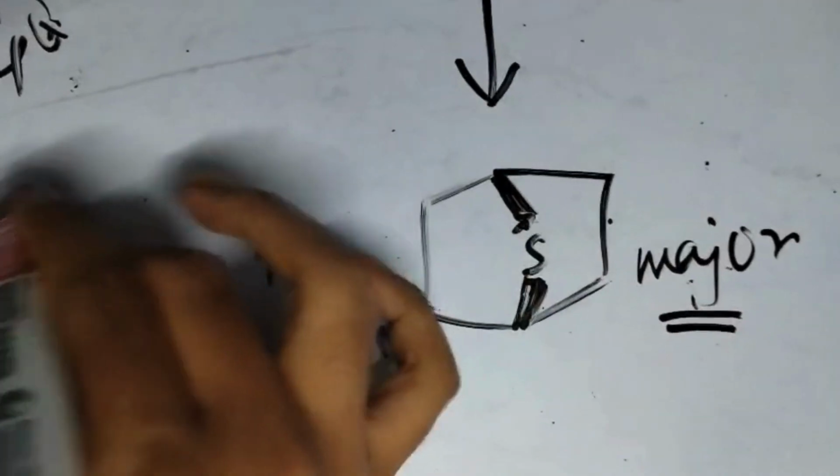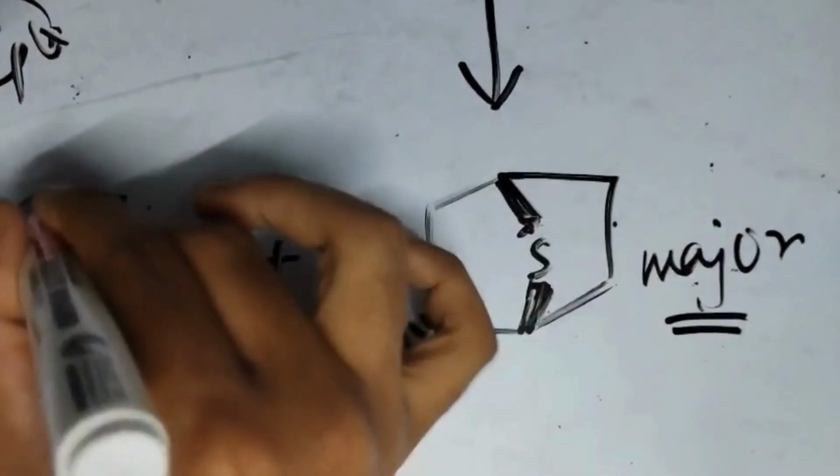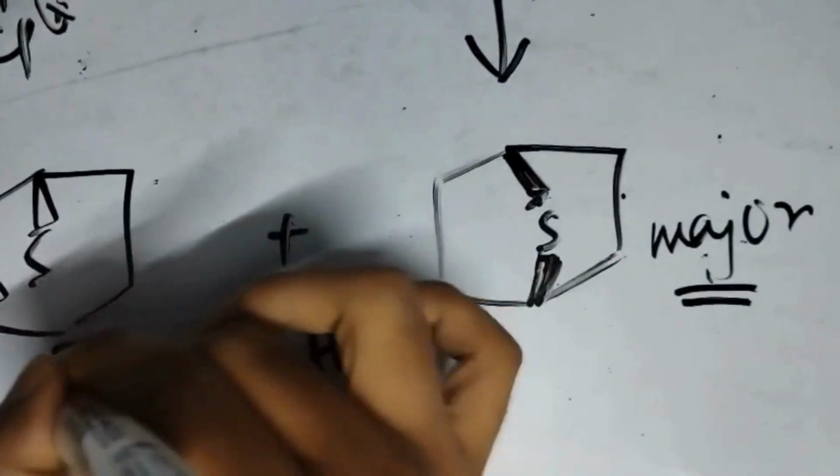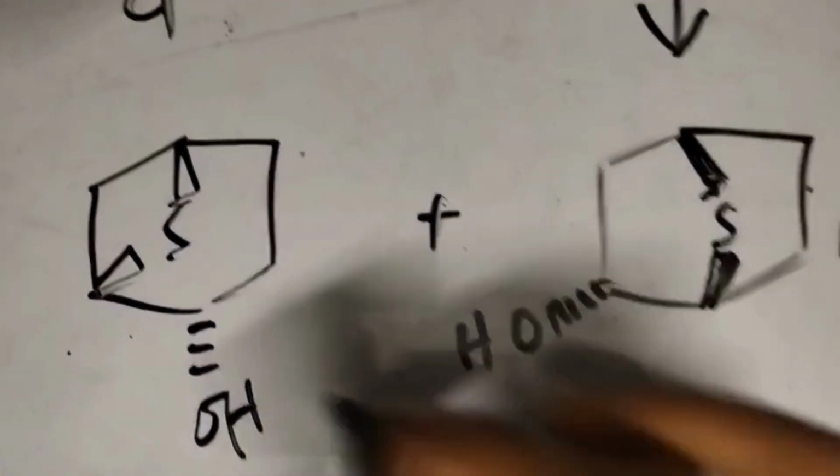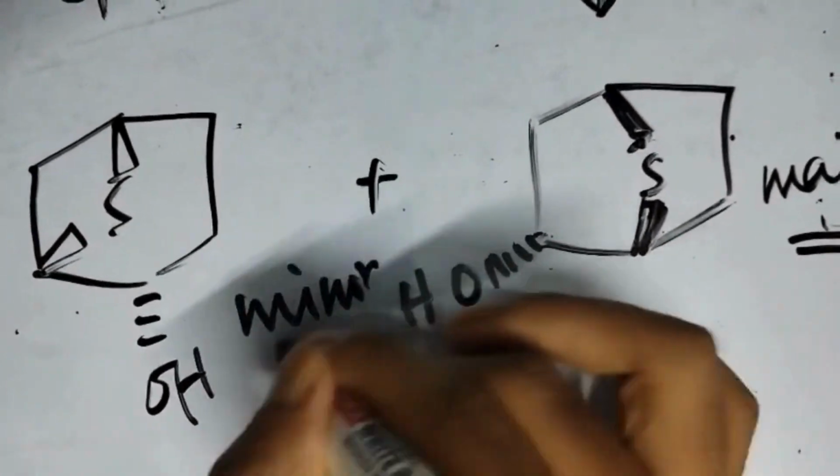and we do get traces of a minor product of something like this. So these are the solutions of the